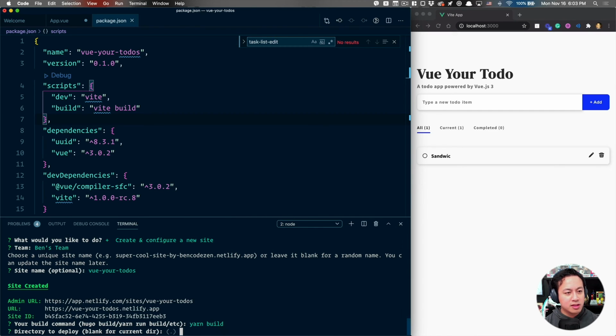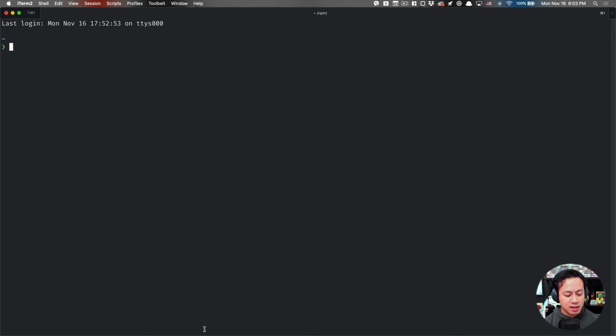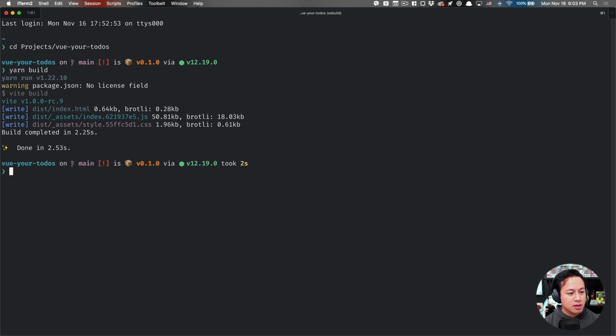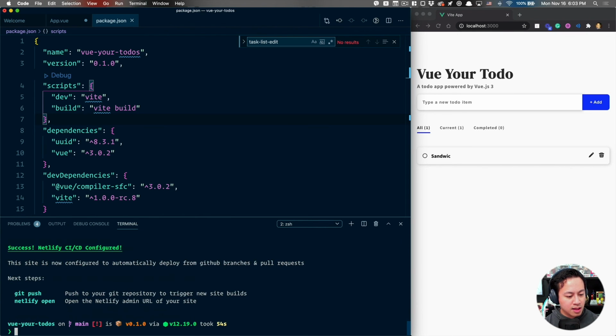And the directory to deploy, you know what? I've never actually deployed a Vite build. So let's go ahead and open up the terminal real quick and check this out. So if we go to CD projects, View Your To-Dos, and run yarn build, let's see, everything is in dist. Okay, that would have been my guess, but good to know, and test that out. So we are in dist, and then it's going to go ahead and start. So just by running those few commands and configuring it, what we'll see is when I go ahead and run Netlify open,